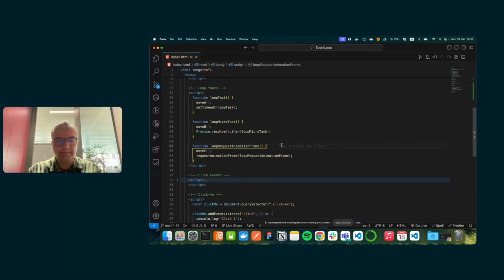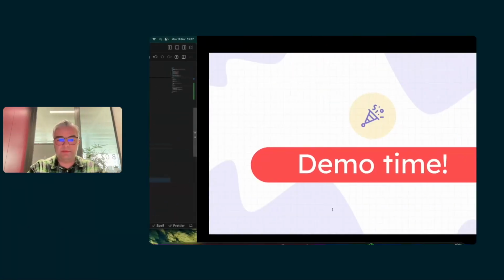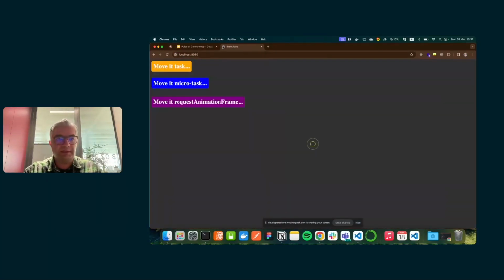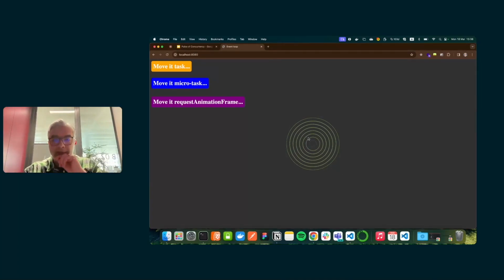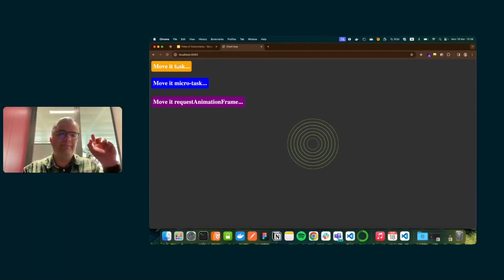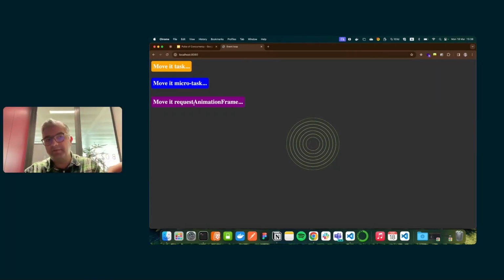Let's give it a try. So what should I do? localhost 8080. Okay, cool. As you see, I have an animation in the middle as well. Try not to look at it because you might get hypnotized. But anyway, I have move it task, move it microtask, and move it requestAnimationFrame.